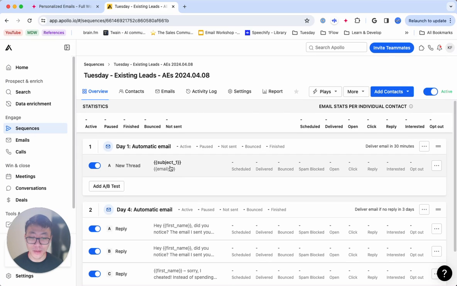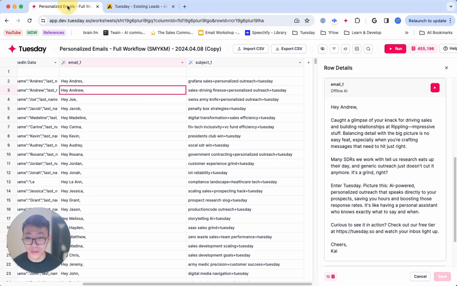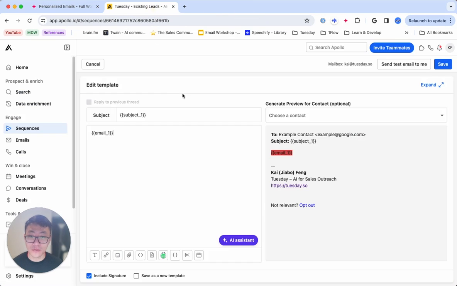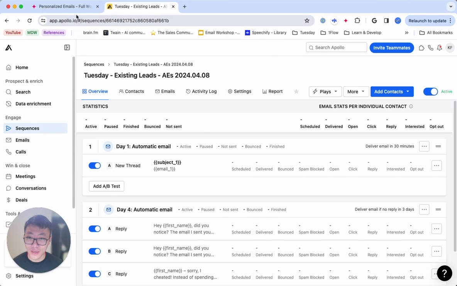So this is the step that matters. After that, it's just like basically follow up sequences. So the first touch is what really matters. And as you can see here, here's the placeholder for subject 1 and email 1. They must match the name of the column here in order for this to work. Yeah, so now I have already created the campaign, the sequence in Apollo. And next step is